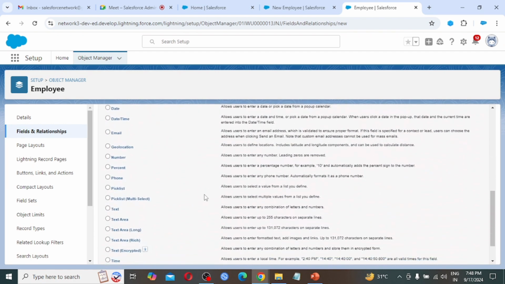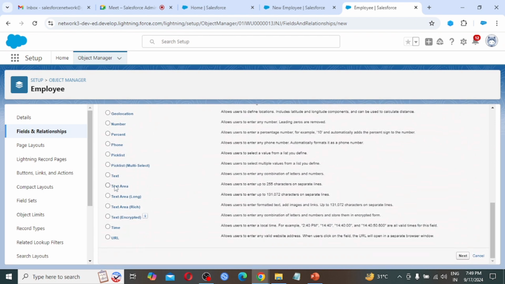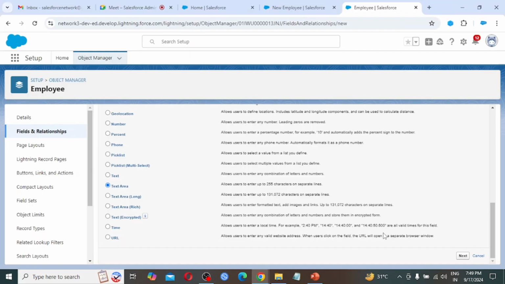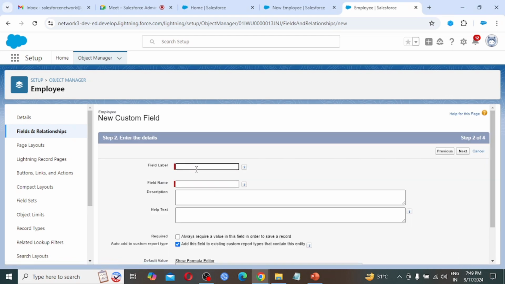What will be the data type for this? I am going to choose text area. Allows user to enter up to 255 characters on separate lines. So I am clicking on next. Field name is designation.